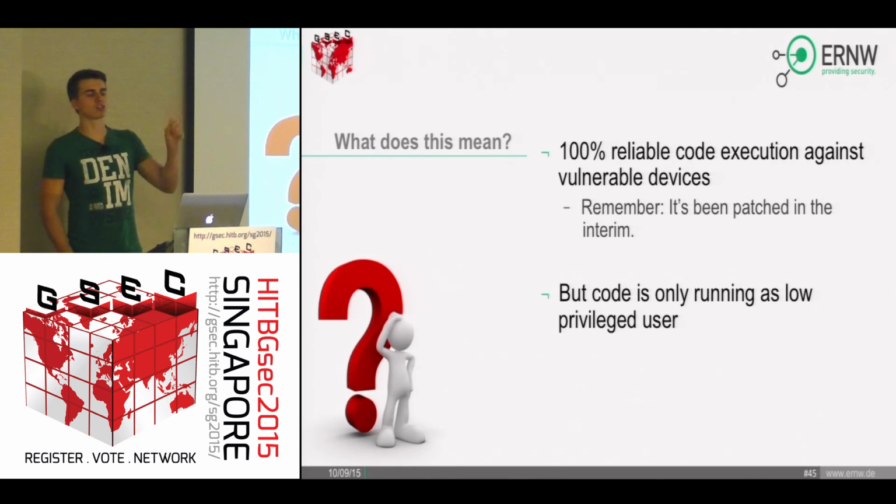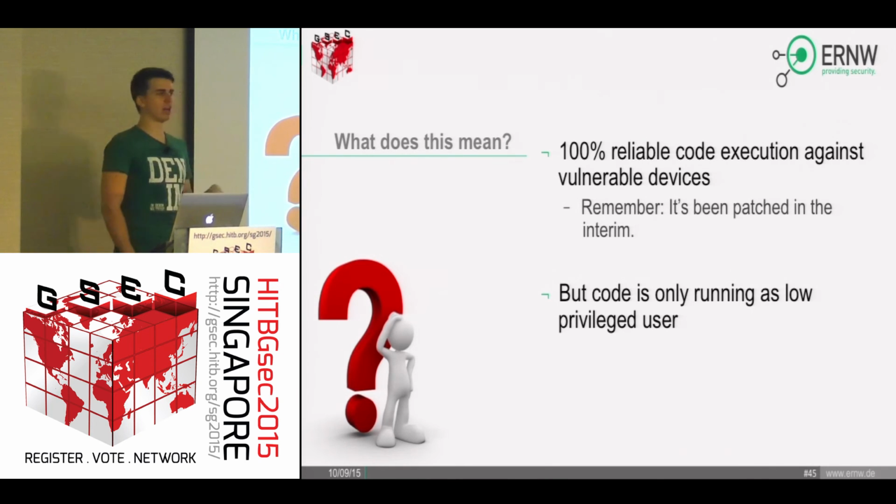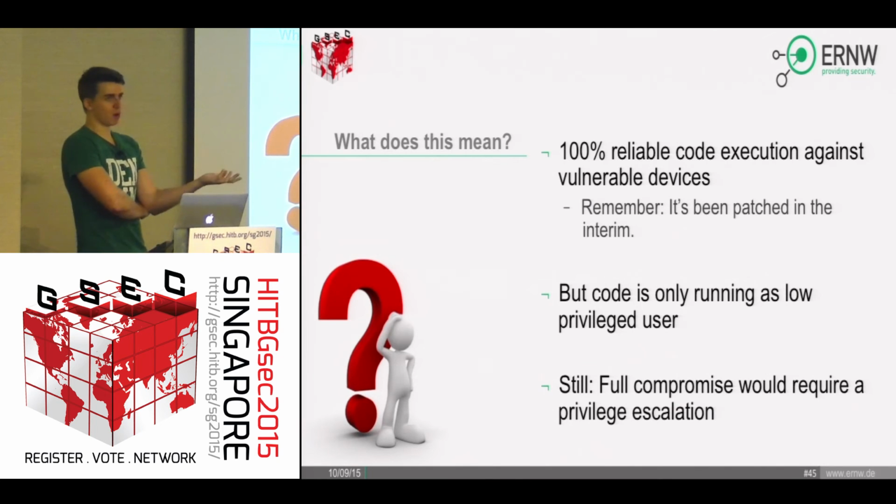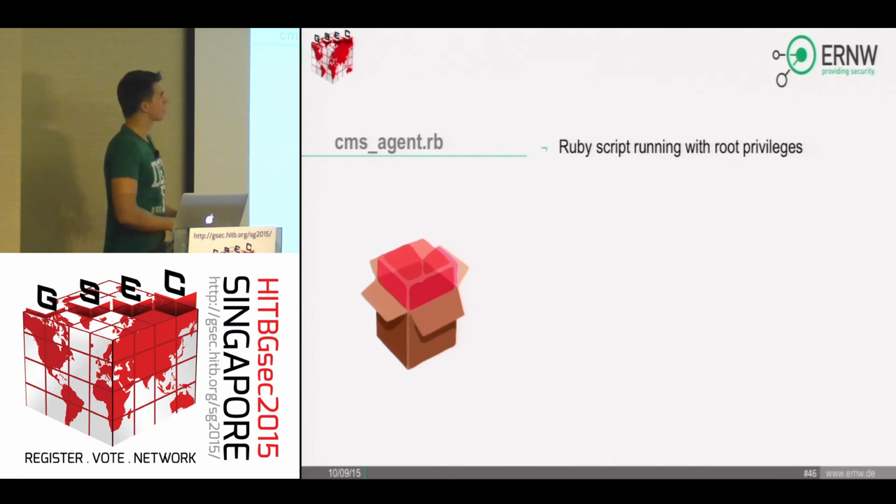But still we have one small problem. The code is only running as a low privileged user. So we are still running as the MIP user, which has not too interesting privileges. To fully compromise it, we would need a privilege escalation vulnerability. Now luckily, there's something called